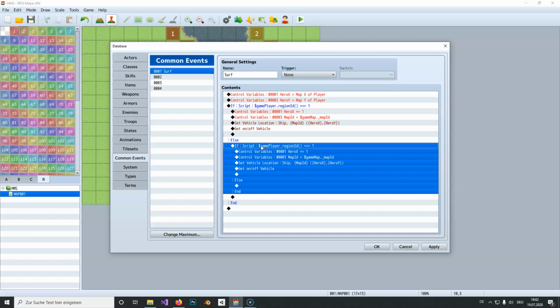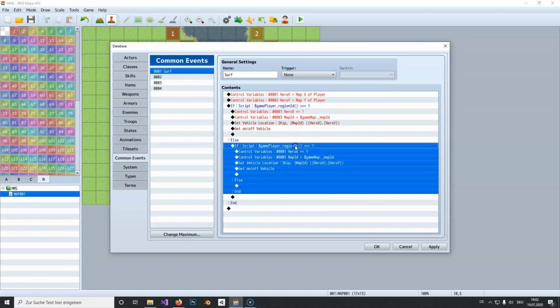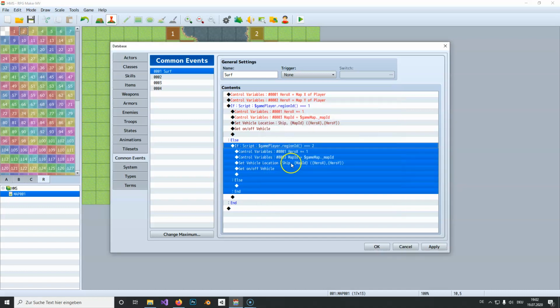You could do it also for top and bottom, but I only do it for left and right now, so it wouldn't be that hard to figure out how to use it on other sides. It's simply changing the Y coordinate instead of the X coordinate. And so here we check for region 2. So if it's on region 2,